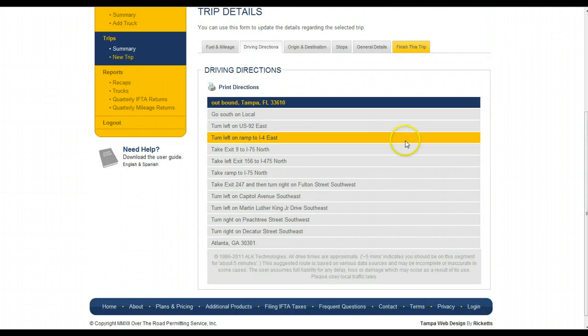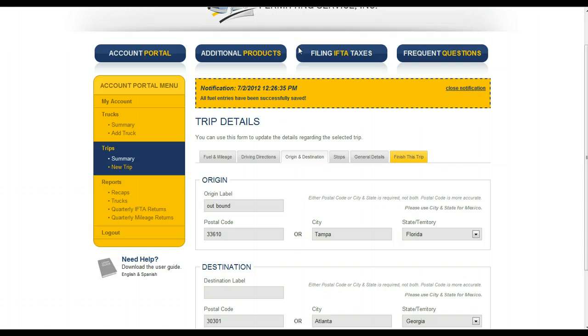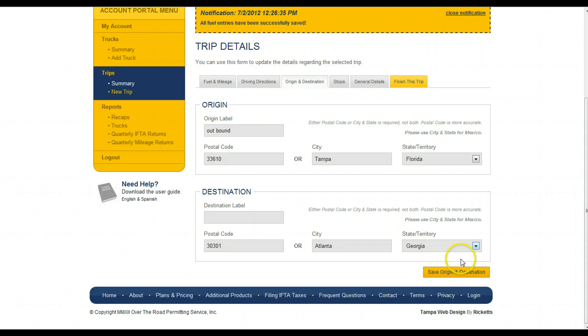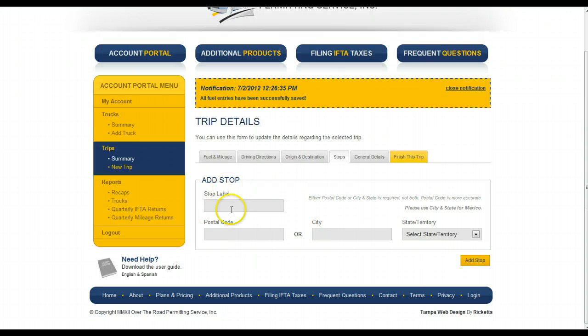You can actually click on that. You can see your origin and destination. This is changeable at any time. So if you do change your trip, you just make sure that you have to save the origin and destination and recalculate. If there are any stops, they would be labeled here. You can add stops, and if you do use stops, then by all means you could